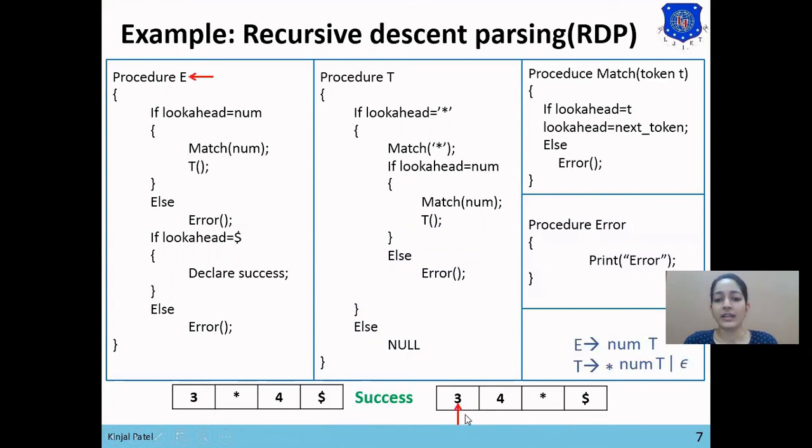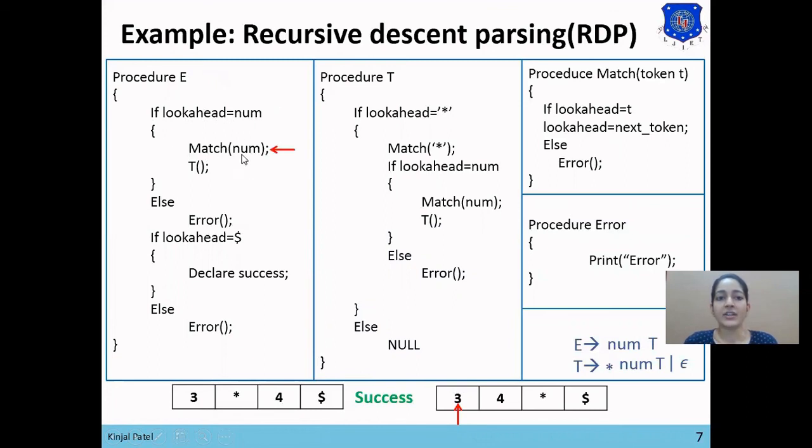So here in the input string, first lookahead will point to the first character of the input string, which is 3, and execution will be started from procedure E, which is the procedure of the starting symbol. Now the condition will be checked that if lookahead equals number, as 3 is a number, the condition is true.